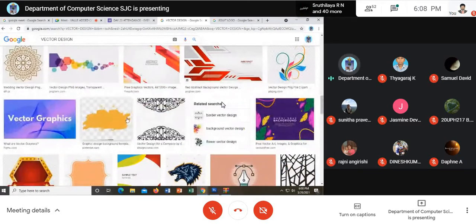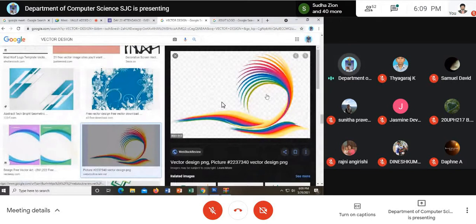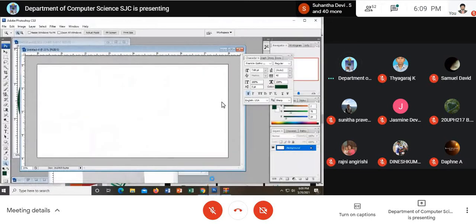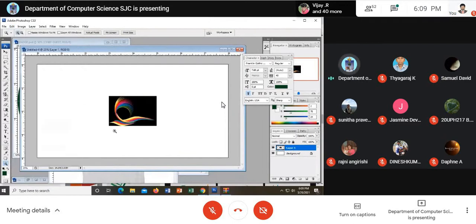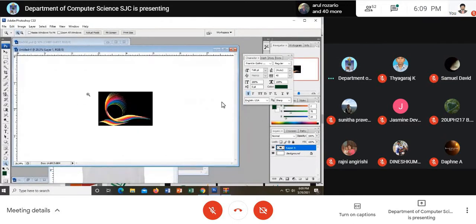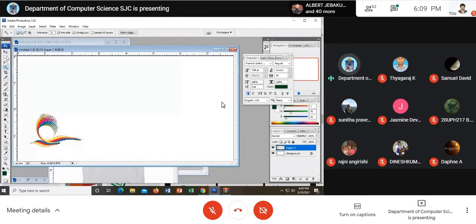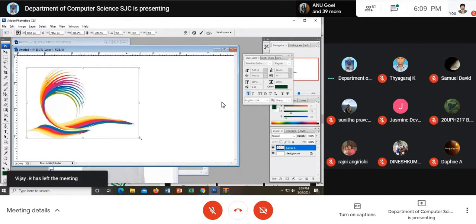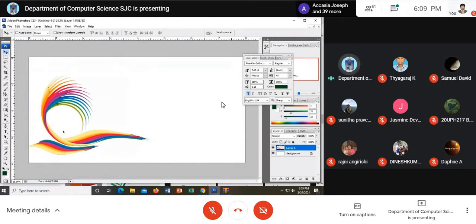See here, I can make use of this and type here. I can put it here. I just take this one, and I copy and paste it here. I would like to change the direction. I go to edit, transform, flip horizontal. See, I've changed the direction, right? I just remove the black color. Now I've got the plain file. Now I increase the size of these letters. I keep it here, and I keep the logo here.